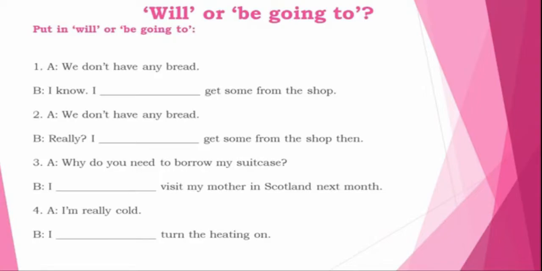Now, let's do this exercise. Put in will or be going to. Number 1, we don't have any bread. I know, I get some from the shop. Number 2, we don't have any bread. Really? I get some from the shop then. Number 3,